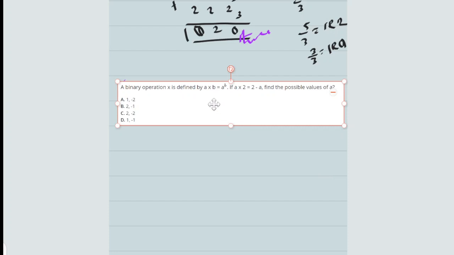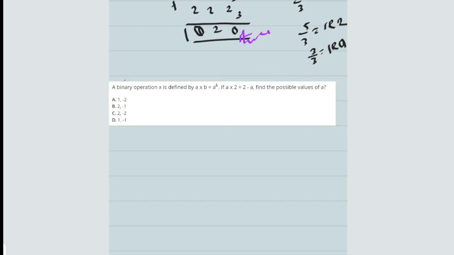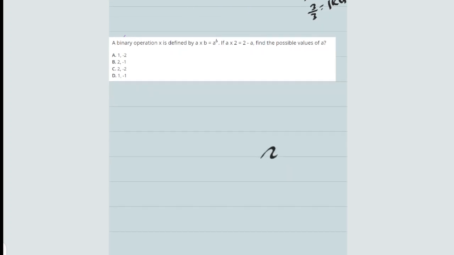A binary operation * is defined by a * b. Recall I explained in the last video that when you say binary operation, it is an operation between two elements. I hope you understand now. What do we call an operation? You know your usual addition and subtraction, 2 plus 2. It is a rule. And the rule of this operation is that you add the first element with the second element.